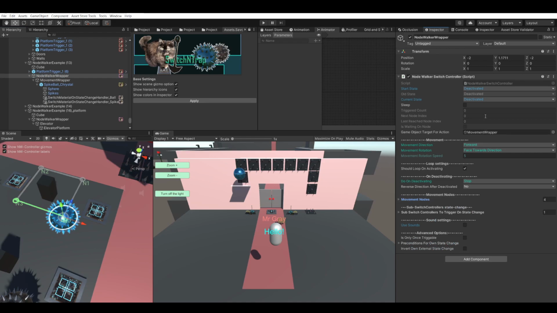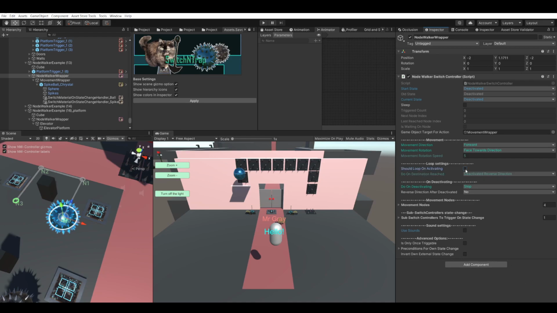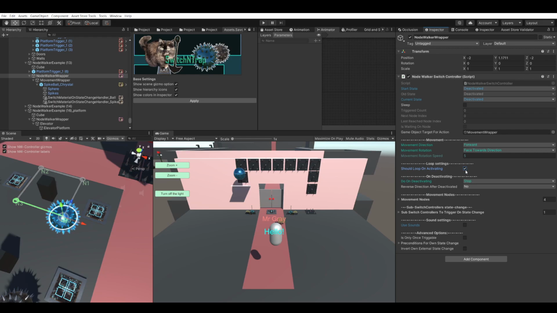It's similar to the main switch control, but it moves between different coordinates. You can go forward, backward. You can make it face the direction which you are moving. I will add soon more configurations to add more control over rotations. Show the rope on activating, just as said, you see. Then on deactivating, it will stop on the spot, or it will stop on the next node. If you're deactivating, it will still move but stop at the next node, or it will go back to the previous node